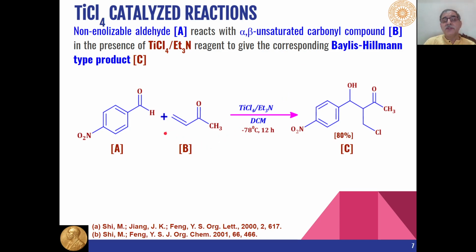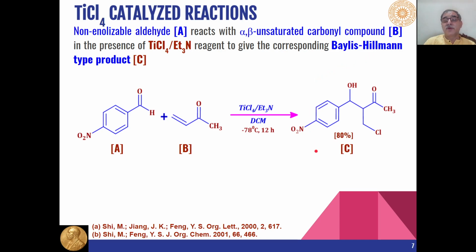So here what happens is the TiCl4 will add to the carbon-carbon double bond, and then that carbanion generated from the reaction of this alpha beta unsaturated carbonyl compound will react with the non-enolizable aldehyde to give us these types of condensation products, wherein